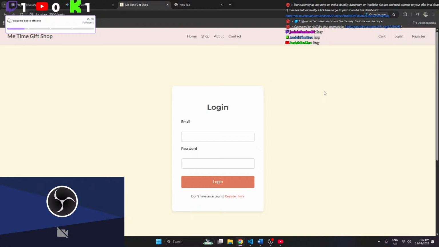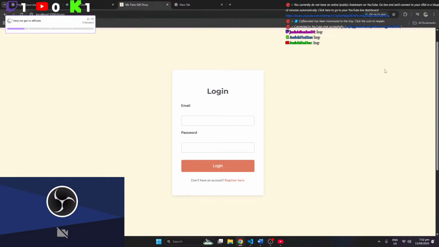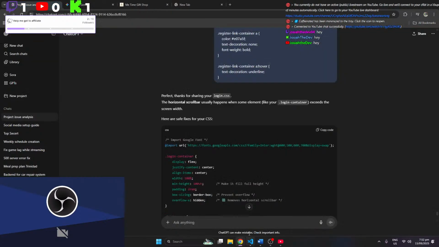So since we're on fixing design layouts, okay, so another layout problem I am having is that my pages are